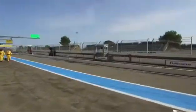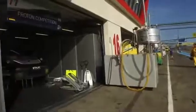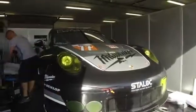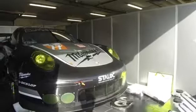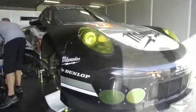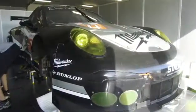Still in effect what we call the Granny Annex down here. Proton Competition here, number 77 Porsche. The absolute epitome of Porsche privateer racers, racing in the ELMS and the FIA WEC. Christian Reid telling me earlier today that they are looking to see whether they can persuade Porsche to sell them four